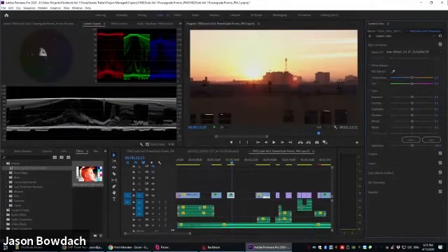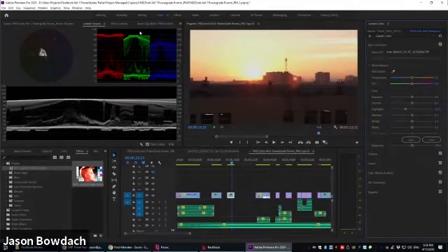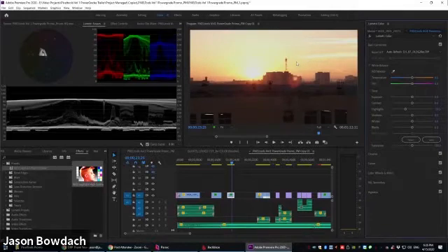So in this case, if I wanted to try and recover some of this highlight data, and it was clipped out above 100 after the lookup table, I would be unable to do that. Luckily, in this case, if I turn the lookup table off, you can see it's well below 100, so I'm not clipping it there. But every once in a while, you will see that. And this is where you may want to work on the image with curves beforehand. You may apply a curves effect before the Lumetri and try and bring down the highlights a tiny bit before you end up applying the lookup table.